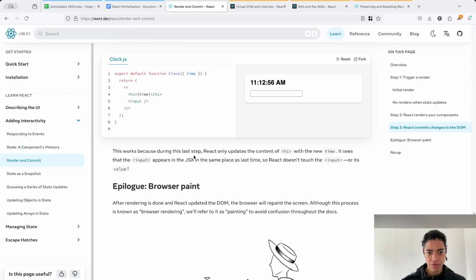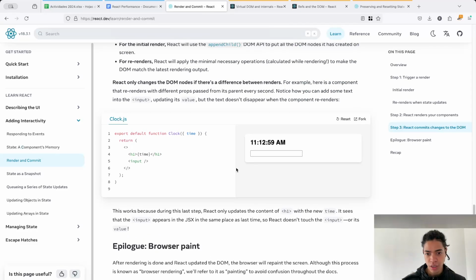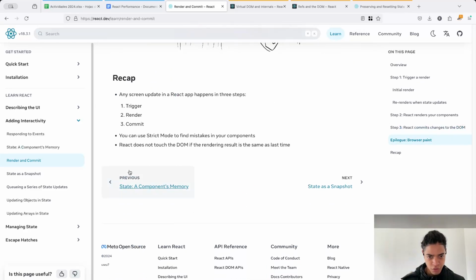So this works because in this last step, React only updates the content of the H1 with the new time. It seems that the input appears in the JSX in the same place as last time, and React doesn't touch the input or its value. So once we are able to describe that, and what's going on behind the scenes,